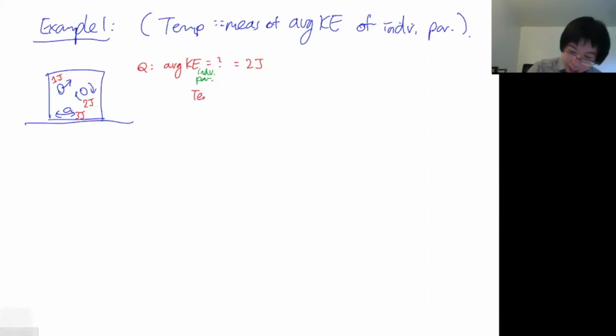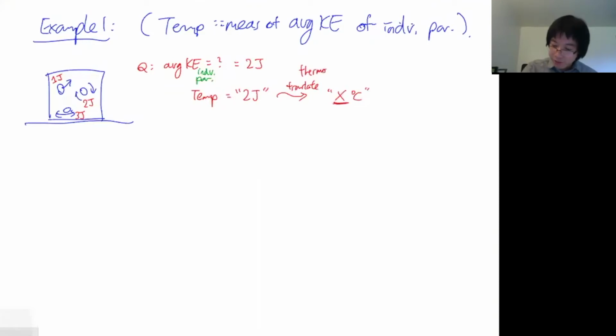So temperature is basically a quantity. A thermometer is a device that takes the value of 2 joules and translates that to X Kelvin or Celsius. So this is what a thermometer does. It's doing this conversion. It's basically converting joules to either Kelvin or Celsius, or whatever your favorite temperature unit is. Okay, in some sense,